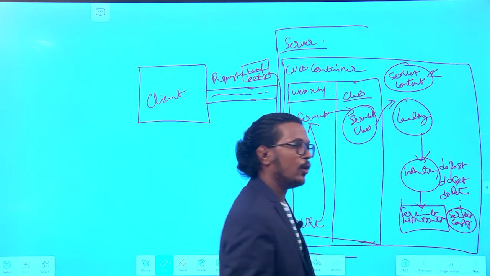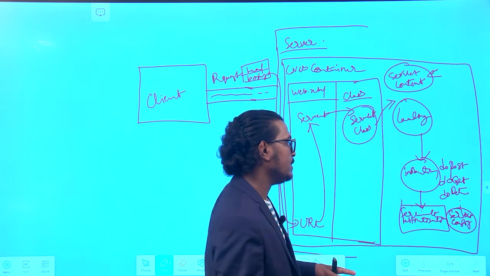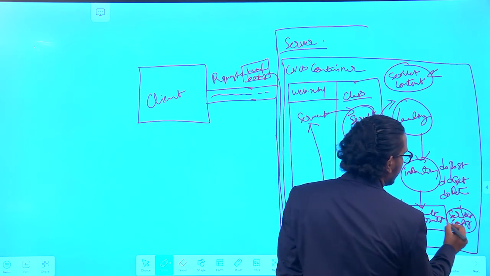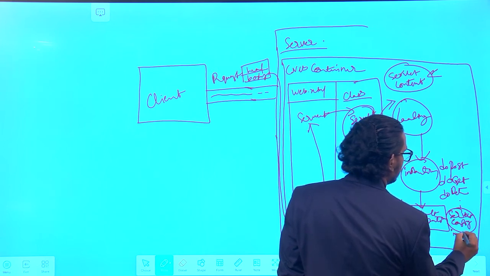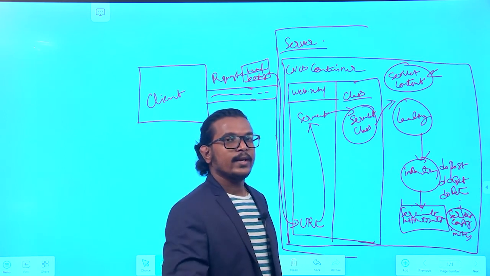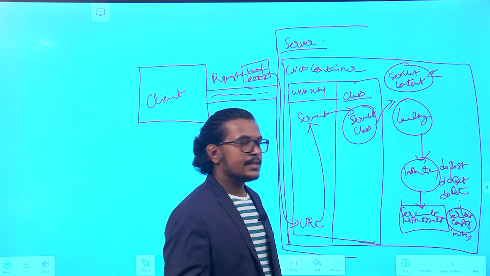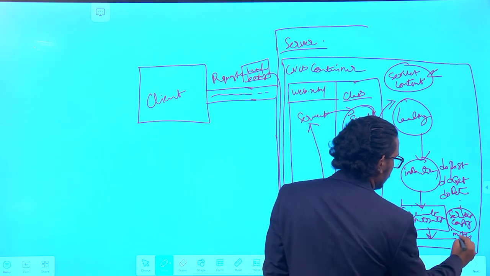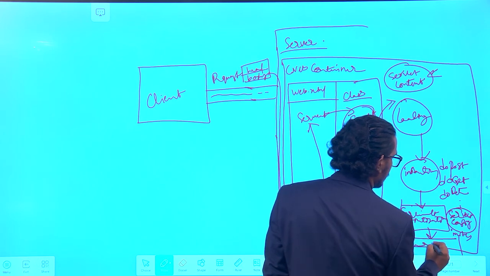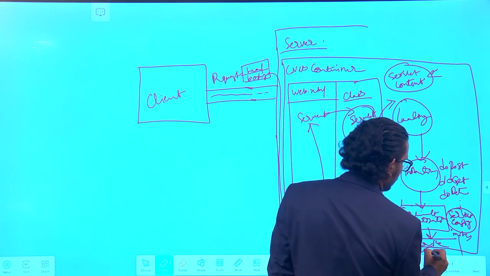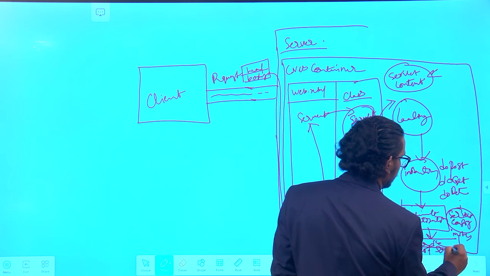Once the servlet configuration is done, we start the execution of that particular servlet. For that, we are calling the init method. With the help of this init method, we are starting the execution of that particular servlet with the help of the service method. After that, we are calling the service method. In this particular service method, we are having the request object and response object.